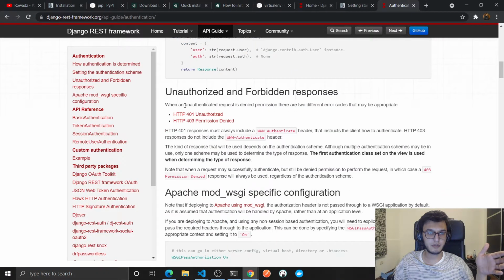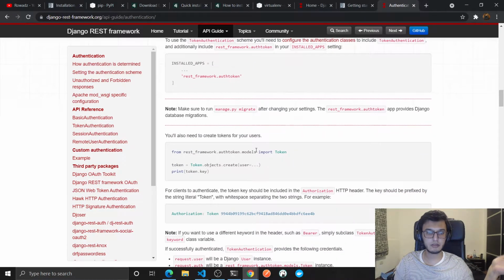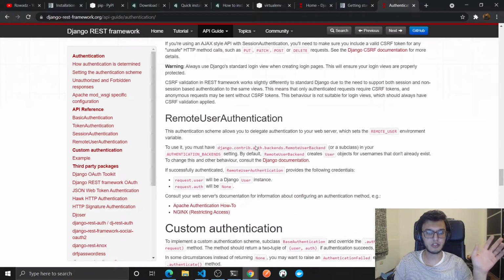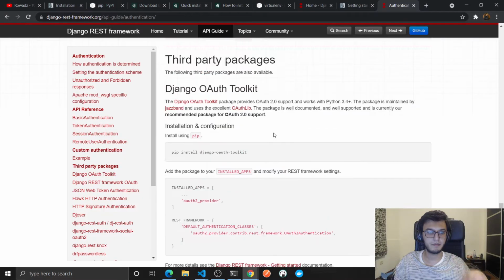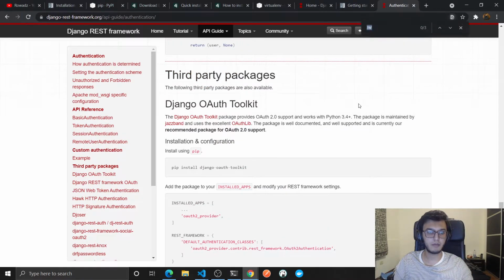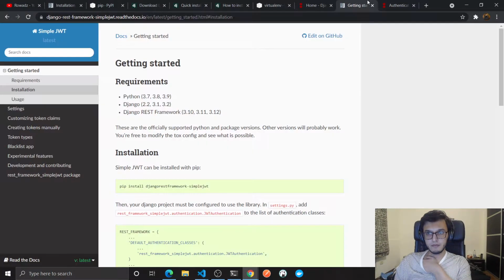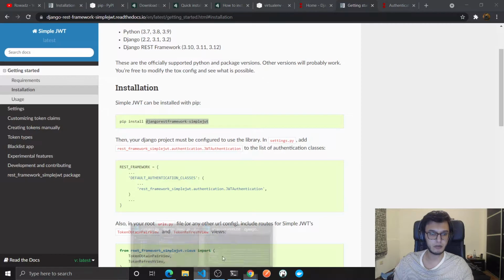These are all the types, like basic authentication, token authentication. What else? I think they also have session authentication, custom. These are the third party ones. We are going to use the JWT, JSON Web Token. So it will point to here. So let's install it. So djangorestframework-simplejwt,